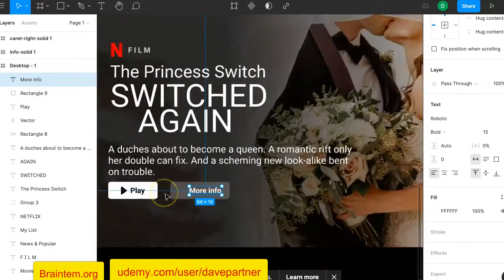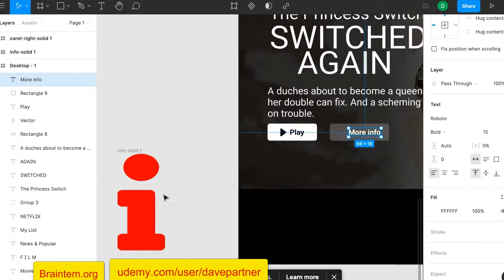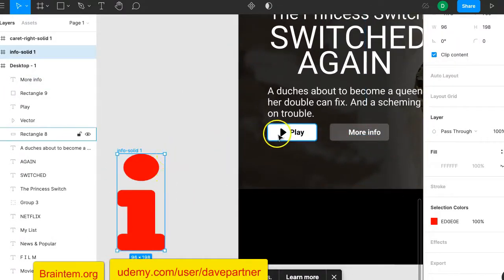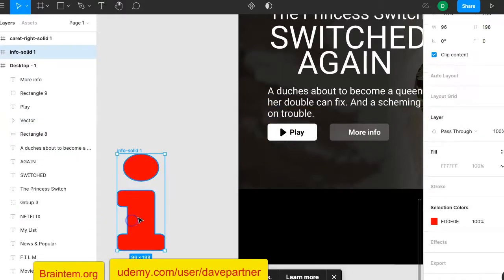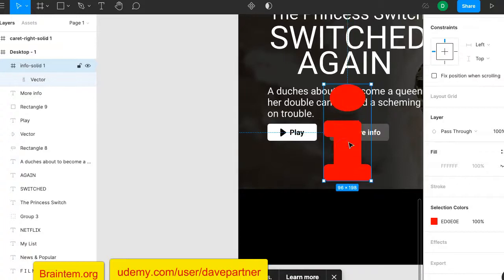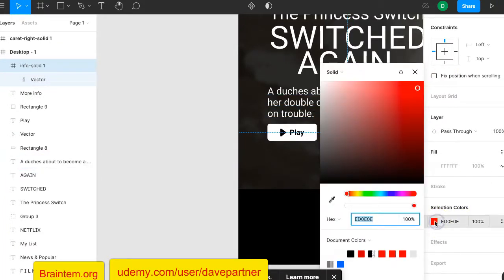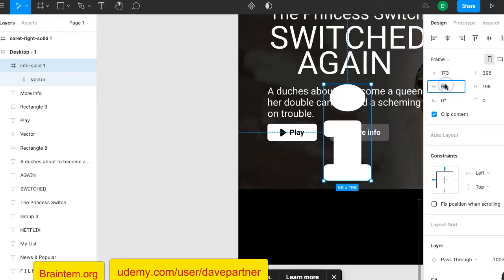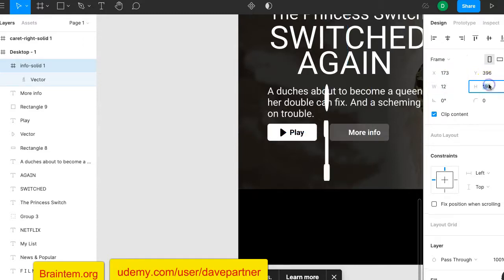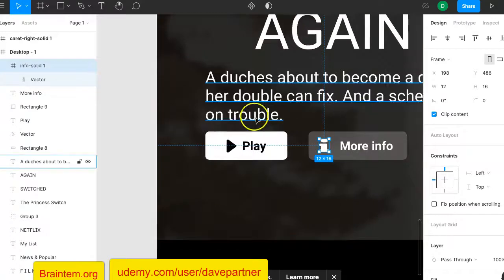We couldn't find the perfect icon on play, so we're gonna use this. To use this, I have to check the size of this one. This one is 12 by 16, so if I click on this, I can drag it here, change the color to white, and then go for 12 by 16. Up here, 12 by 16. Enter. Okay, so if I click outside now,